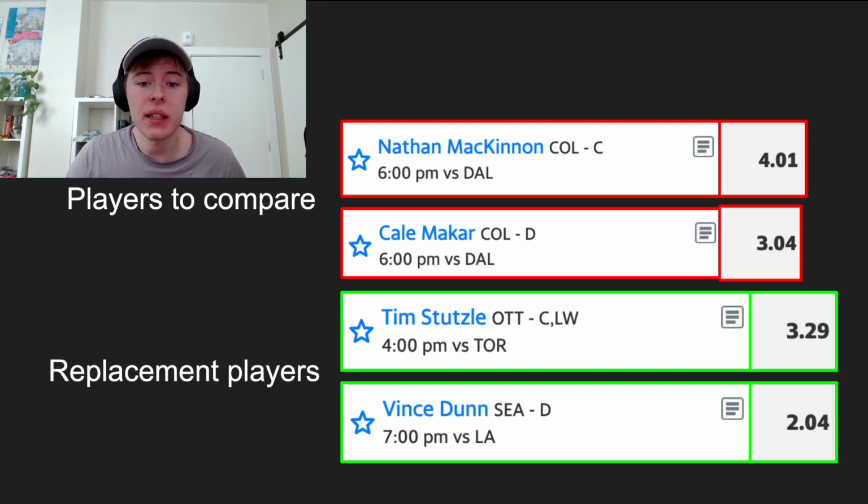One thing to mention is that you can see that the top center here is actually performing really well. And center is probably the deepest position in fantasy hockey. Not probably, it is the deepest position in fantasy hockey. So a lot of people will do something called fading, where you purposefully pass on a position for a lot of the first half or so of the draft. So you can get a Tim Stützle. Probably this year you could have gotten him around round 8 or 9, maybe even 10, because center is